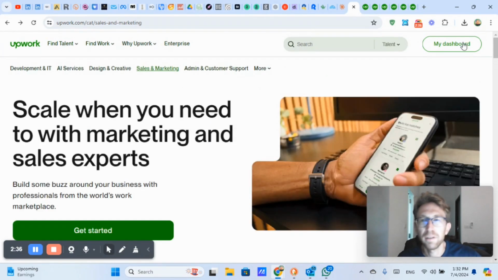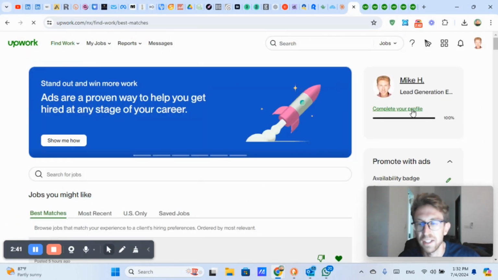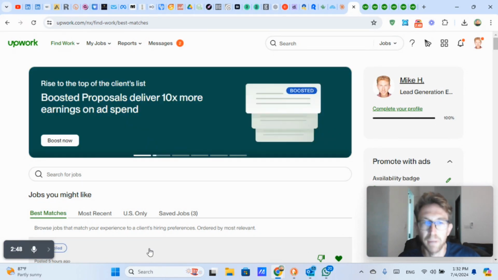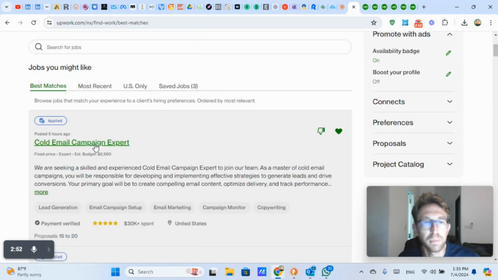So once you create your free account, you can come over to your dashboard. So we're just going to come over to my dashboard here. As you can see, I've got a fully optimized profile here. It's 100%, which means I'm going to get more job opportunities coming in. And I can quickly and easily browse all of the available jobs that are the best matches for me based